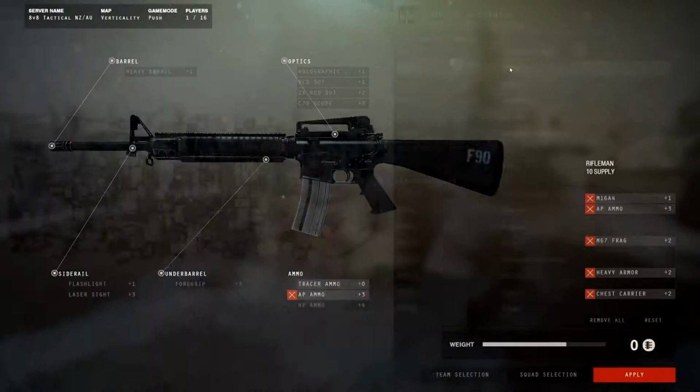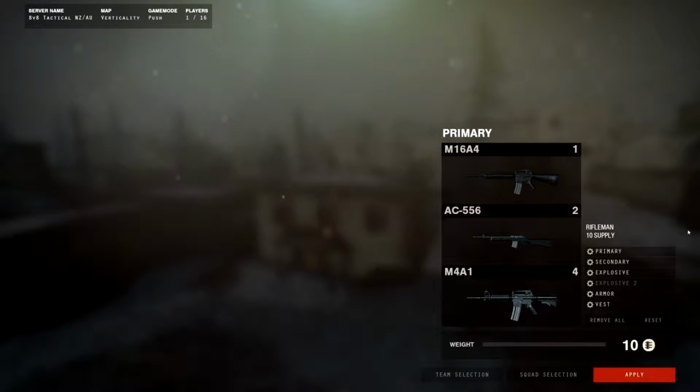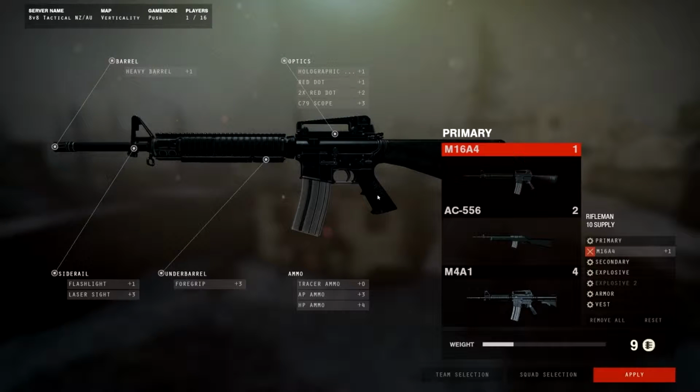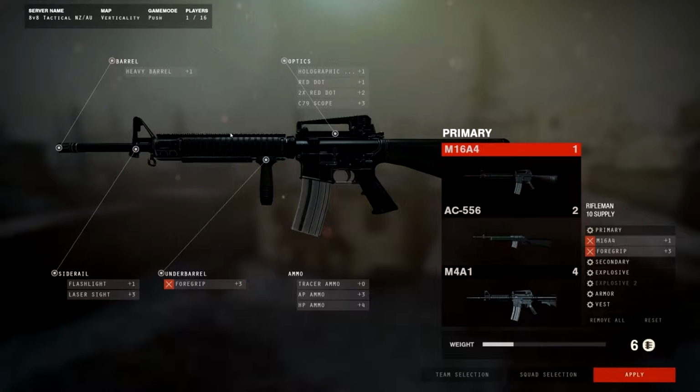So let me just take Rifleman, something basic to start with. The first thing I normally do is remove all and start from scratch. Then first thing you want to do is pick a primary weapon. We'll do the M16 here because it's the cheapest. Now the guns in this game have a ton of recoil, so you're probably going to want to take everything you can that will reduce recoil. So I'll pretty much always go for the foregrip if I can,